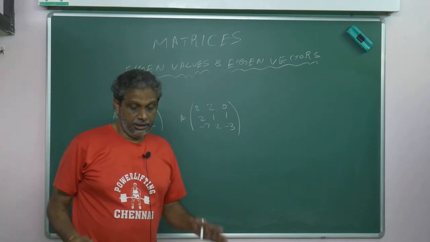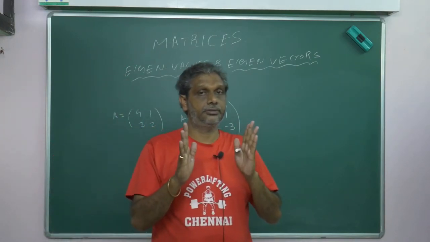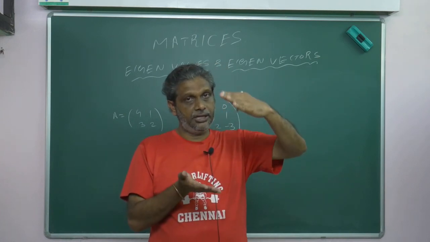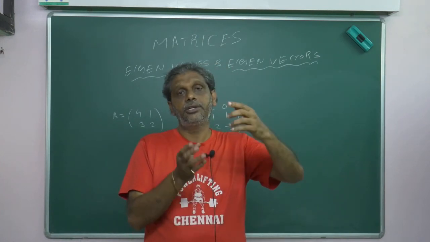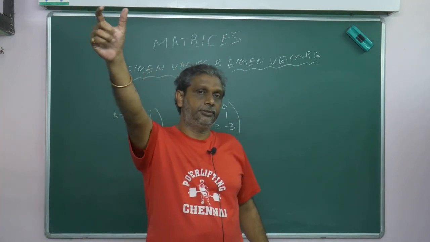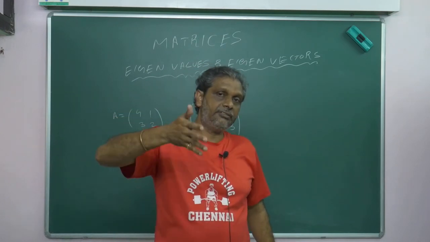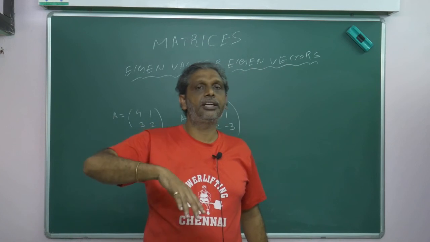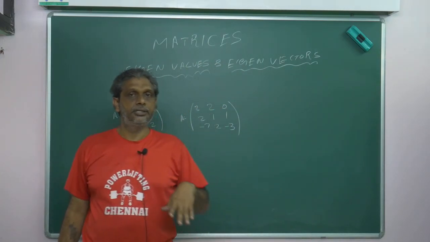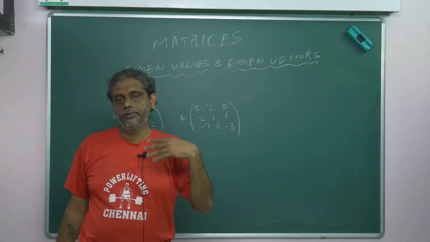Suppose they ask, here I am not doing eigenvectors, I am doing only eigenvalues. If the same problem asks for eigenvectors, you have to find the eigenvalues first. Once I find the eigenvalues, taking one eigenvalue I find the corresponding eigenvector. So every problem is the same story, only the first step I am doing here. If they ask eigenvectors, again I will find eigenvalues, then I will find eigenvectors. I told this in the previous video already. If the same problem comes, there I don't need to find the eigenvalues again. If it is a different problem, we attack it.